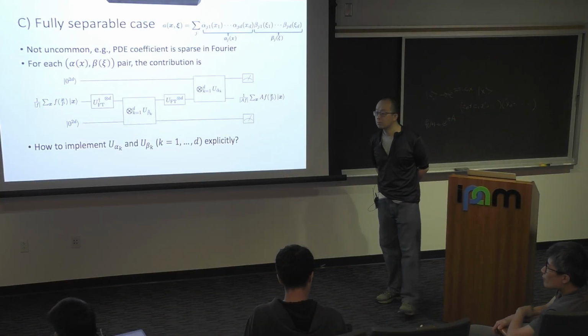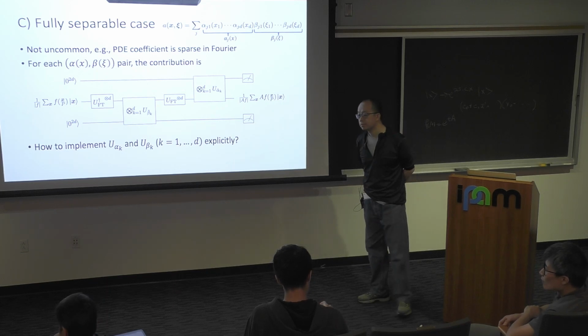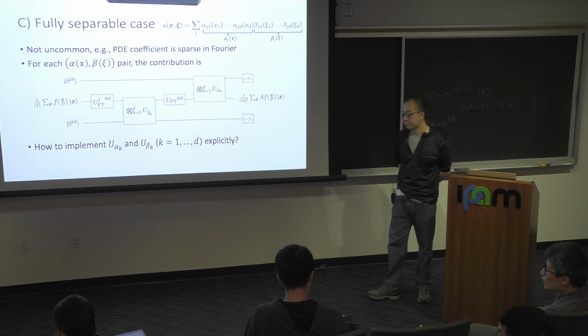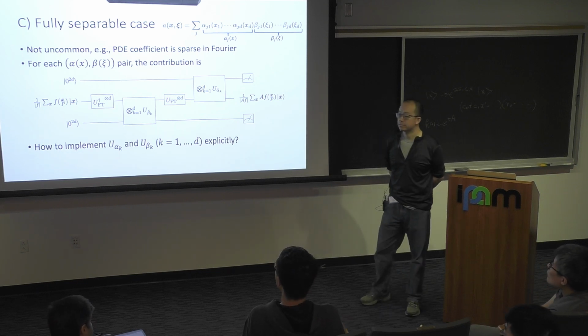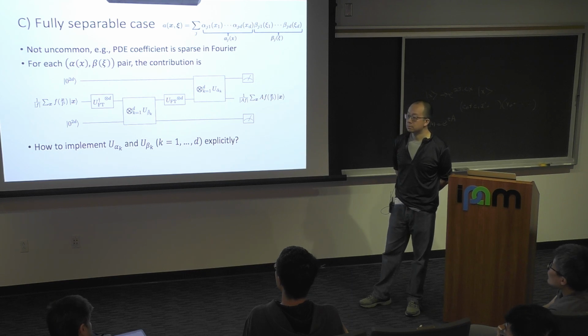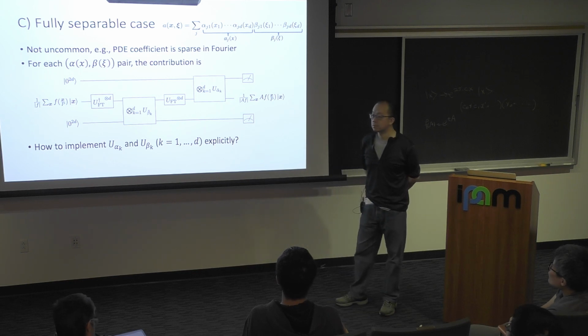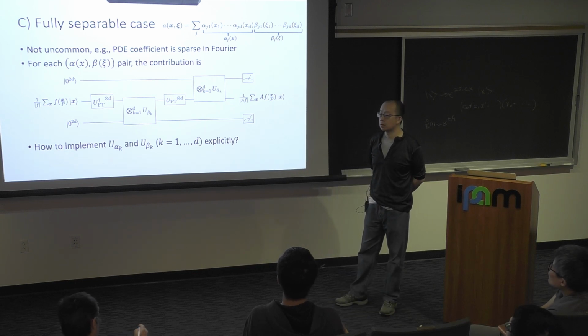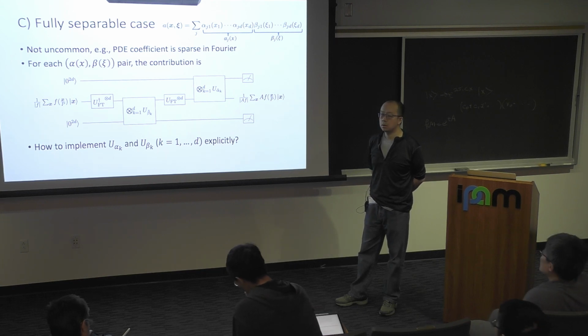A potential counter-argument from the quantum community is that if you do it in first quantization, even if you use a very large number of grid points, the cost will be log anyway. So it's more about which one is easier to implement. Does that make sense? Even if finite difference uses a large number of grid points, it's not necessarily an issue per se. It's similar to tensor methods when you do QTT. It's the same argument.